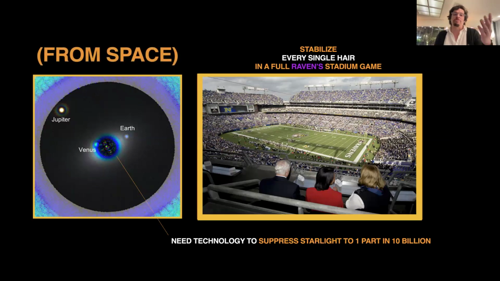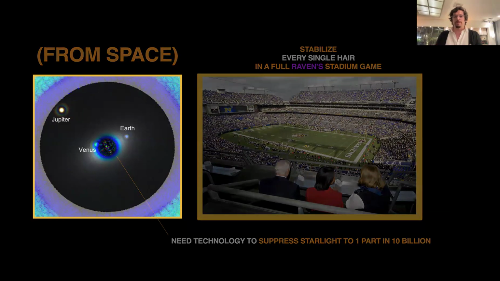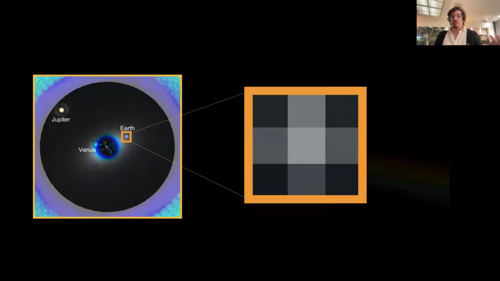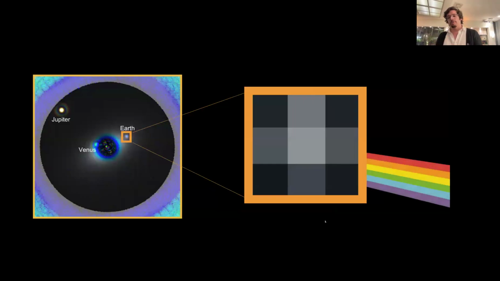That's from space, right? So maybe stabilizing the hairs of people here seems more doable, because you tell everyone to lock their hairs. But in space, it's very, very hard to do. But we're thinking of some way of doing it. And not only that, of course, if you take the picture, it will look like a little pixel. But the idea is to get spectra of this, just as I showed you before, but this is direct spectra,